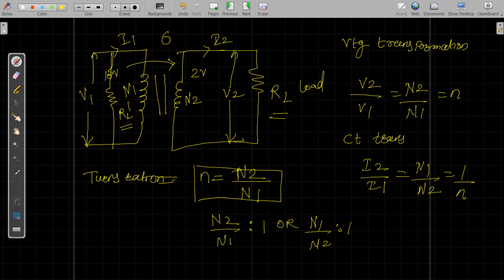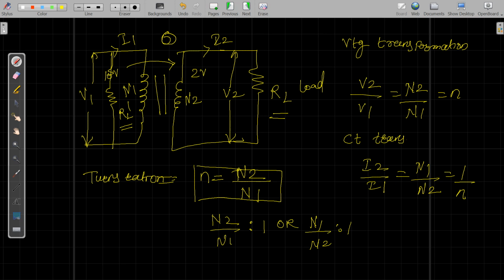So why does this happen? When you have assumed the ideal conditions of your transformer, saying that the primary and secondary winding resistances are 0, only then whatever load you have connected at the secondary will get reflected as if we have connected it at the primary. This impedance transformation from secondary winding to primary winding is denoted as RL dash.